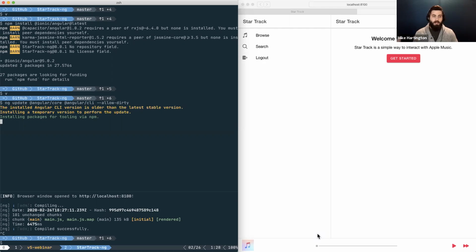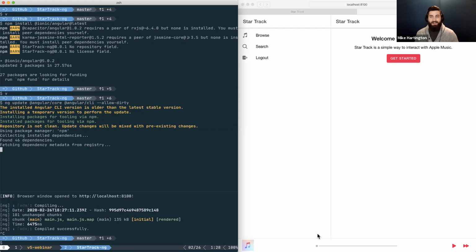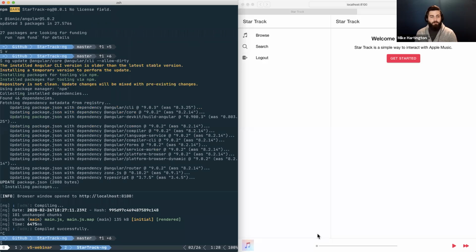We'll go through, we'll update everything, it'll validate what packages we need to install and what ones need to be updated. This will include all of the core libraries like Angular Router, Angular Compiler, all of their tooling, and we can see that printed out inside of our terminal. This is also going to update our version of TypeScript to the latest version. So we get a lot of features here and a lot of new updates that we can work with. So while this installs,